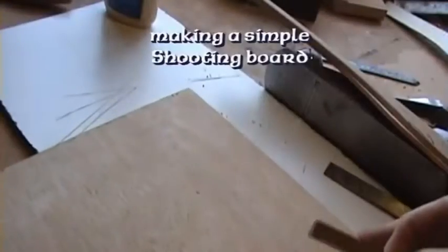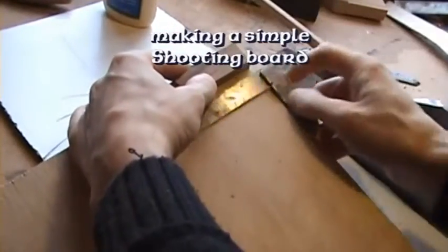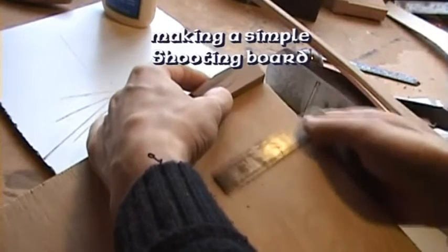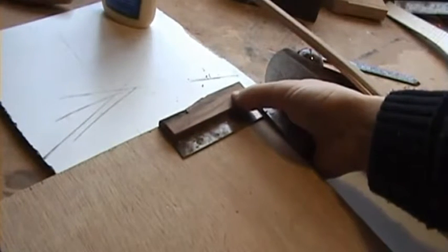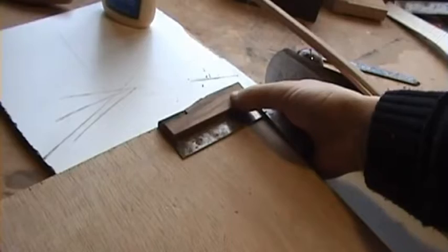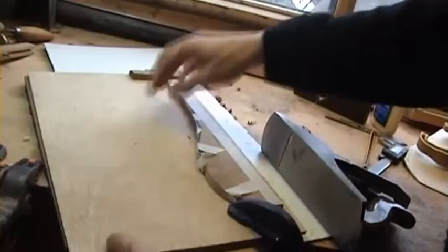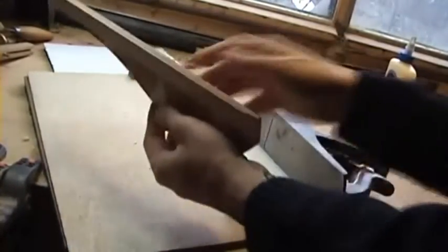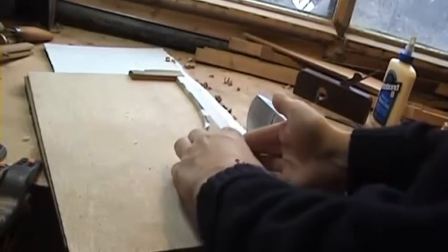I'm just combining two pieces of plywood and a piece of waste cherry, which is going to be the stop. This is going to be glued so that it's at right angles to this, just using the square. Once this is glued, I'm going to use this to plane the two pieces for the back. So we have our stop here, and we have our board built up so it's just above the height of the blade here. Again, we tape together the two pieces of cherry. All we do is hold it against the stop, and we use...